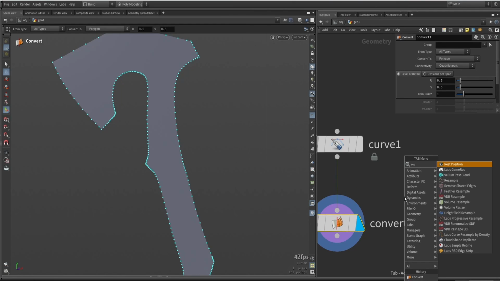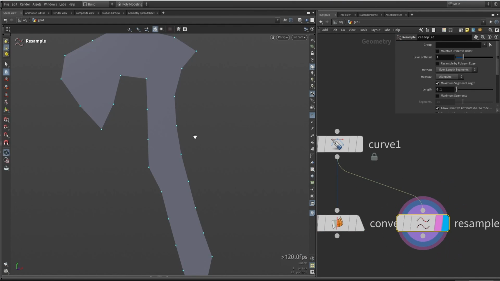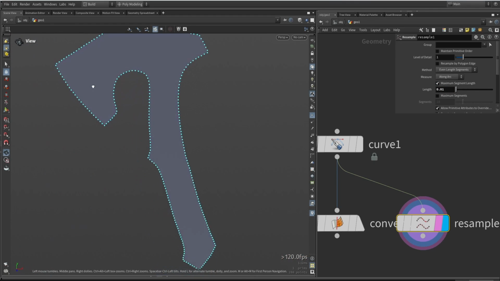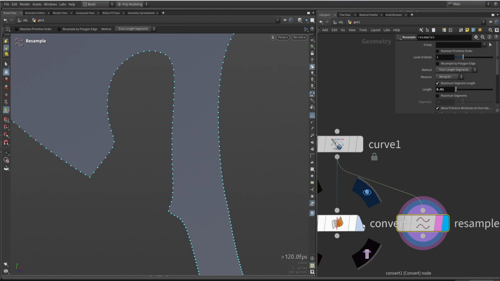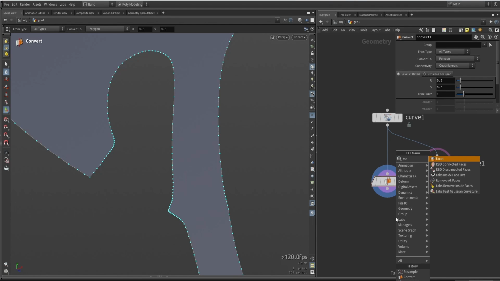We can also do a resampling in case you want that. A resample will essentially add more points based on a distance, so the distance here can be quite small, and this would just add points along the same spacing. So we can, for example, do a convert node. I will also use the facet node,